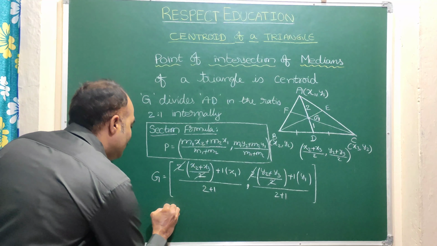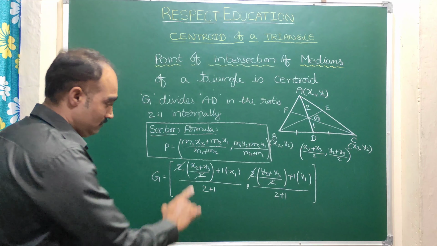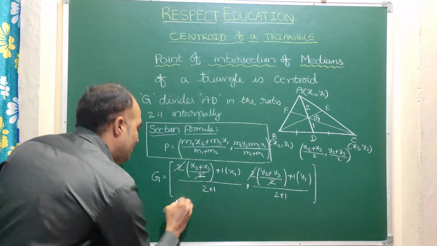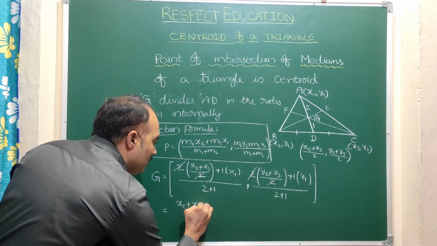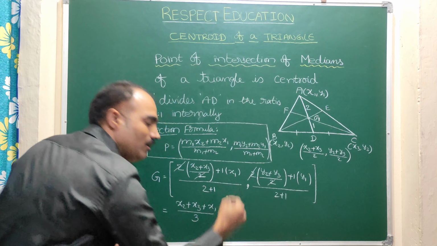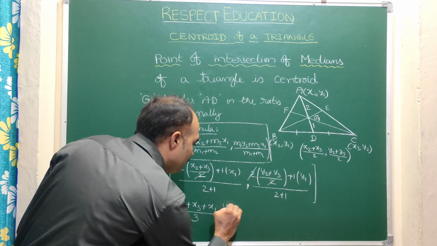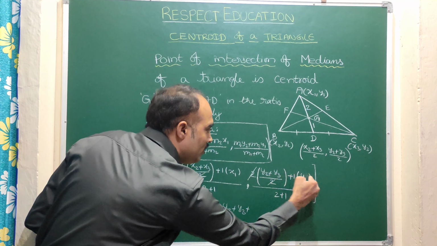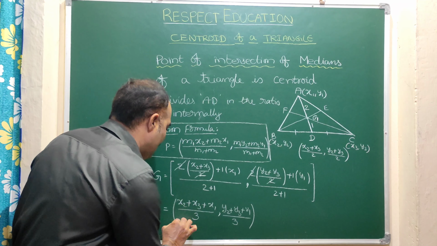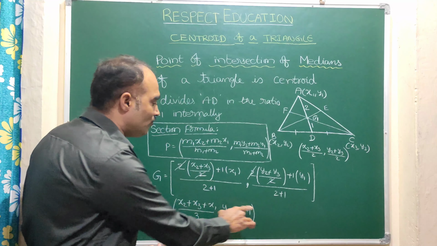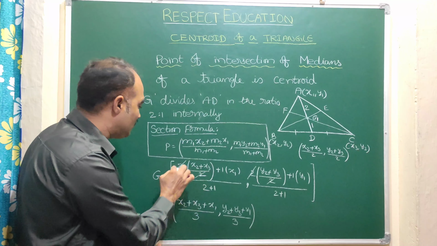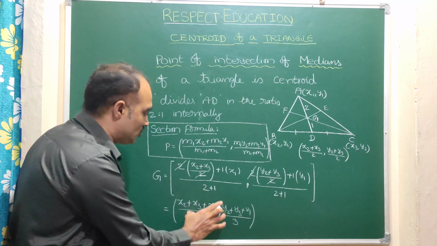Now here let us write what is left. This is x2 plus x3 plus 1 into x1 is x1. So here let us write in order: x2 plus x3 plus 1 into x1 is x1, by 2 plus 1 is 3, comma, y2 plus y3 plus 1 into y1 is y1, by 2 plus 1 is 3. The bracket, here I am writing the open bracket because in fact an open bracket is to be there. Actually here as I have used an open bracket earlier, it looks clumsy, that's why I am writing this closing bracket. Now this is the bracket, it is to be there.